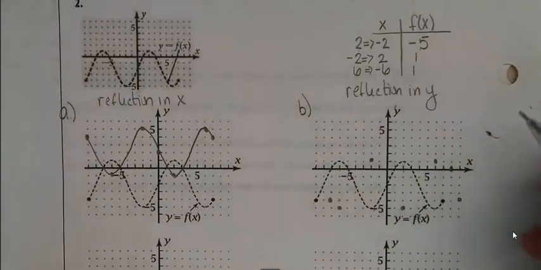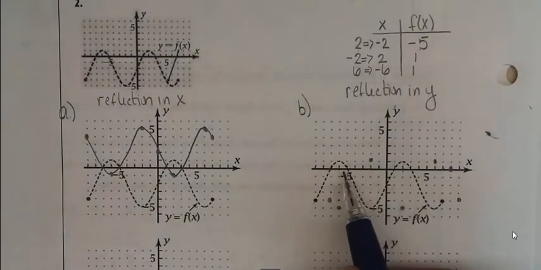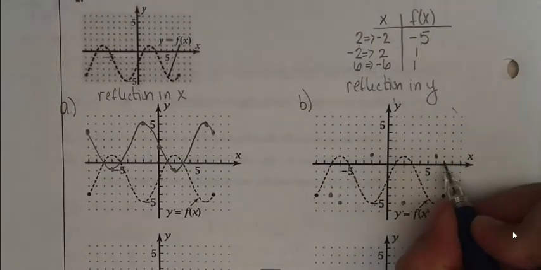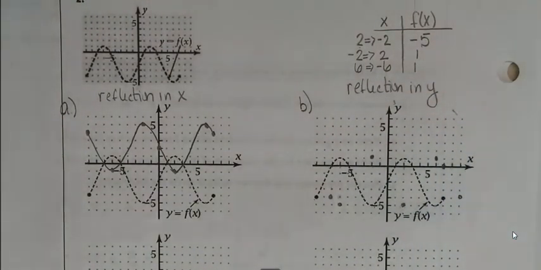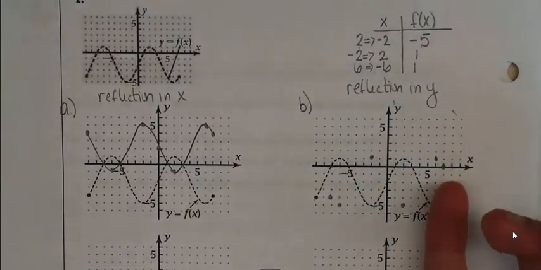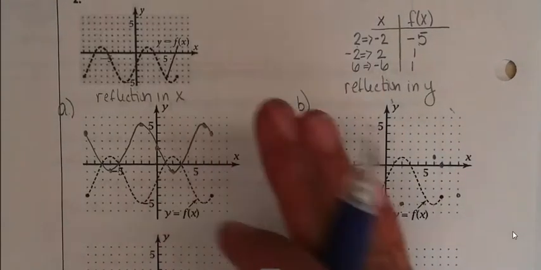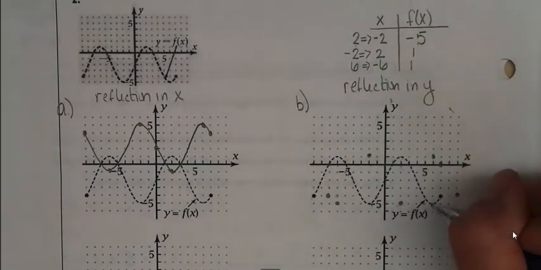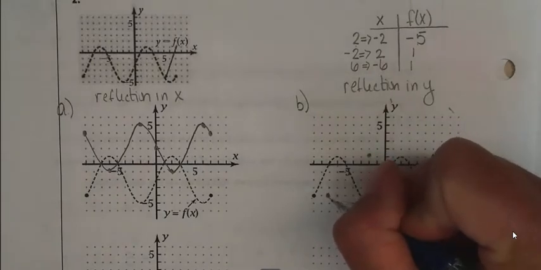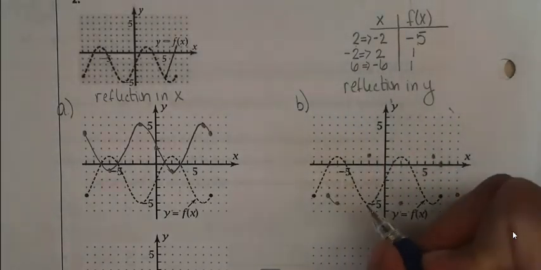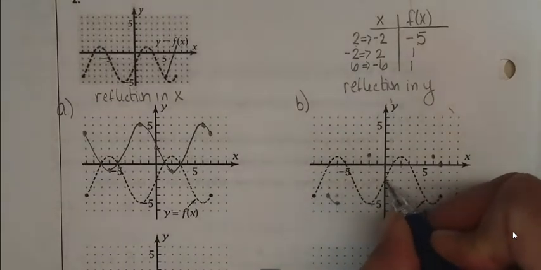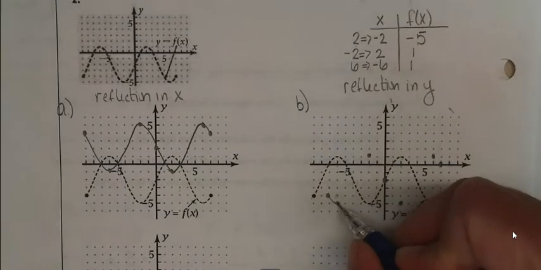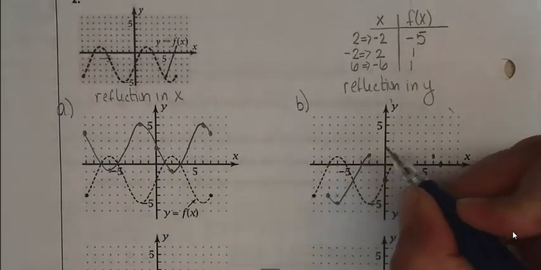I feel like something's messed up. So where did I have a -8? I didn't. I had that at 7. Okay, I'm thinking that might be it. So again, this half is now going to be over here, and this half is now going to be over there. I'm going to start like this, but I'm going to start it on this side. This point's going to stay exactly the same because you can't reflect it over the y-axis. It is on the y-axis, so it's going to look something like